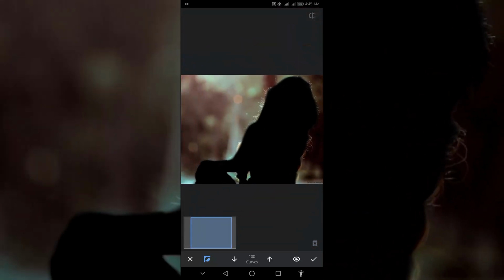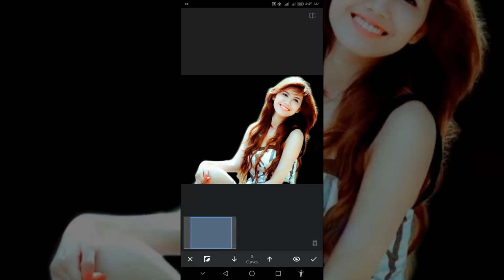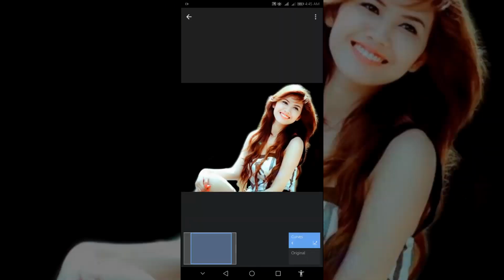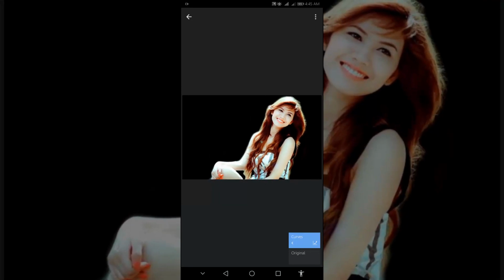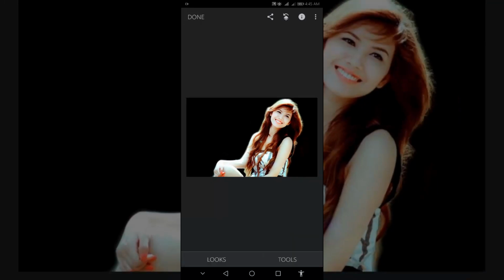When you are satisfied with brushing and no part is missing, then tap the back arrow from the top left. By this way, you can remove the background of a photo.